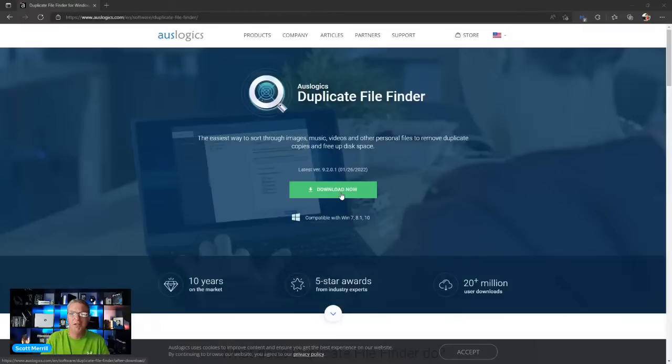A lot of times we'll collect files like pictures. We'll have pictures on our computer, and then we plug in our phones and back up, and it creates another folder with those pictures. Then your spouse or a family member will put more pictures on there. Maybe you both have the same pictures from Facebook or whatever. Next thing you know, you've got 3, 4, 5, 6, 10 copies of one picture. What this does is it goes and finds all those duplicates and gives you the opportunity